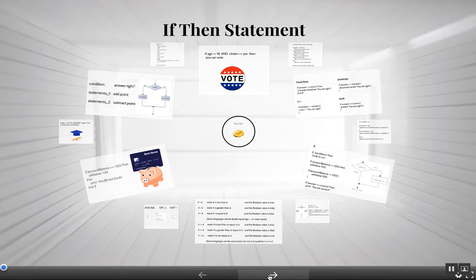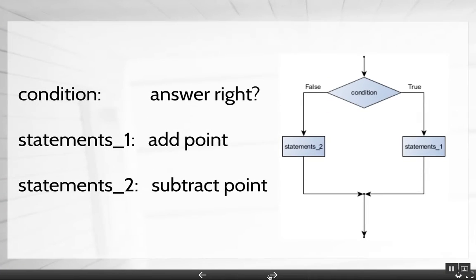We're going to be looking a little more in depth at the selection or the decision control structure. You'll usually see this in code as an if or an if-then type of statement or structure. The decision to be made in code would be something like this. If this condition happens, or if this is true, then do this. And then sometimes it would also be if this happens, or if this is true, then do this, otherwise do